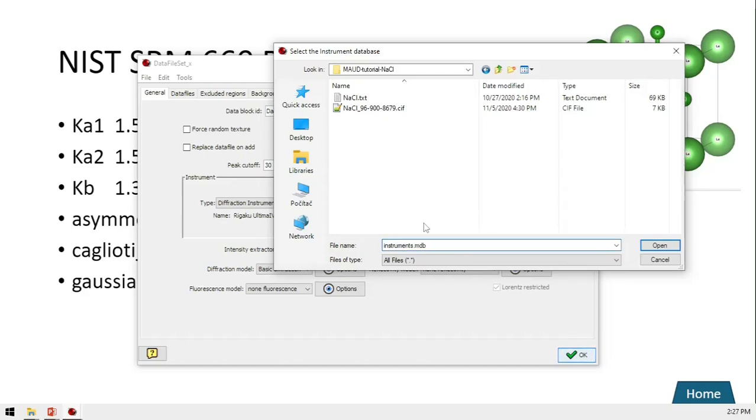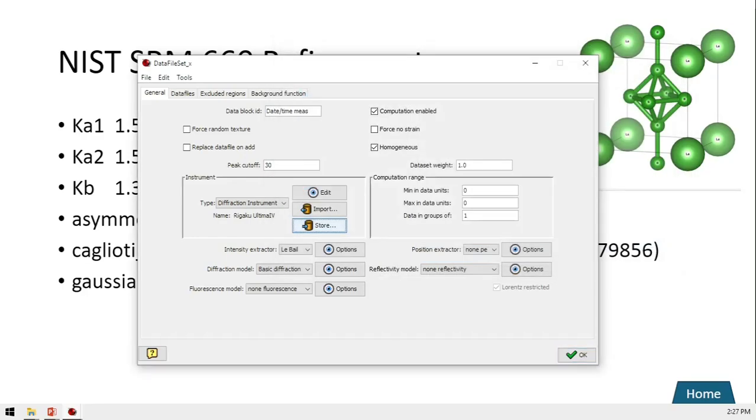You can keep the name instrument MDB, but usually I put the date, 25 of January. Okay, and then just press OK. You will save the parameter in this instrument.